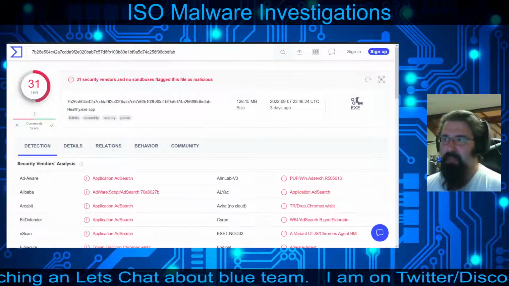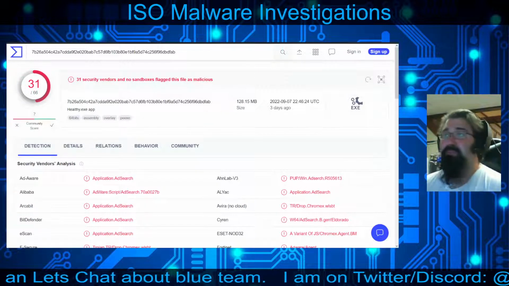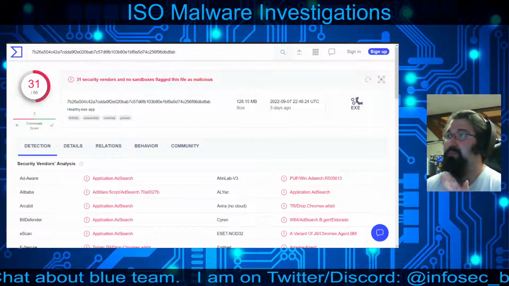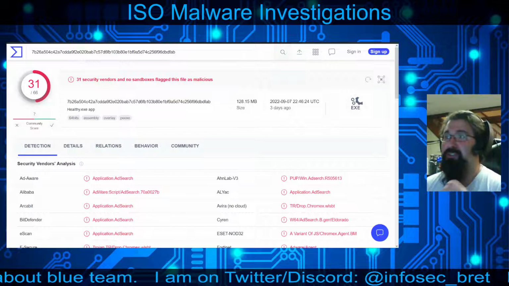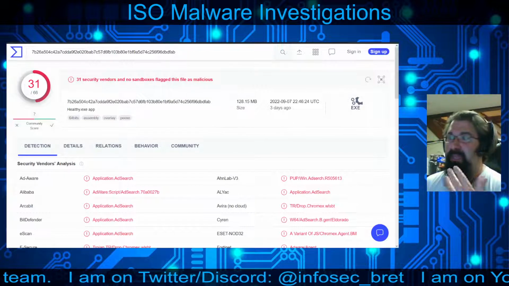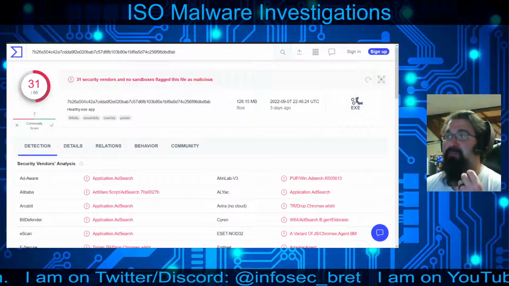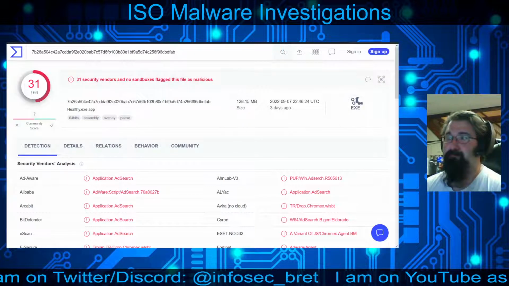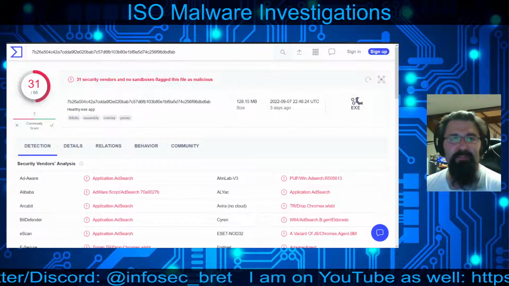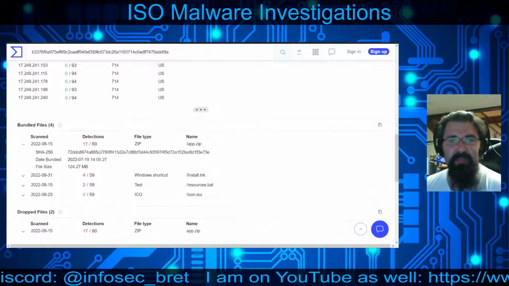So, again, with all three of these, we've got a working theory as to how this infection chain started, but we can't confirm it due to the fact that we can't find the smoking gun of the email in question. But it all leads to the same exact portion. So if we expand this out,